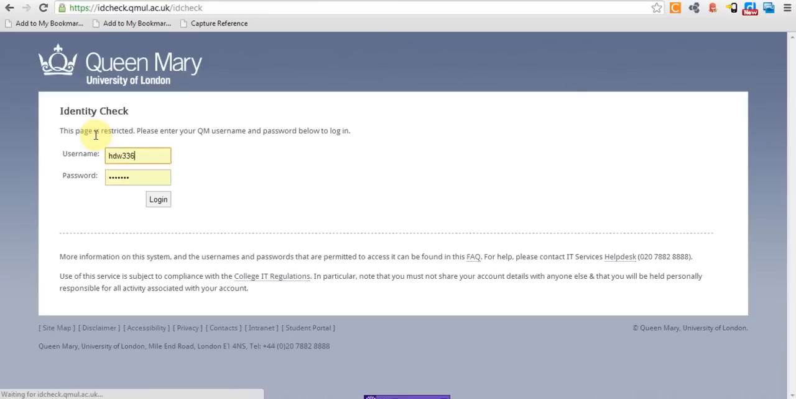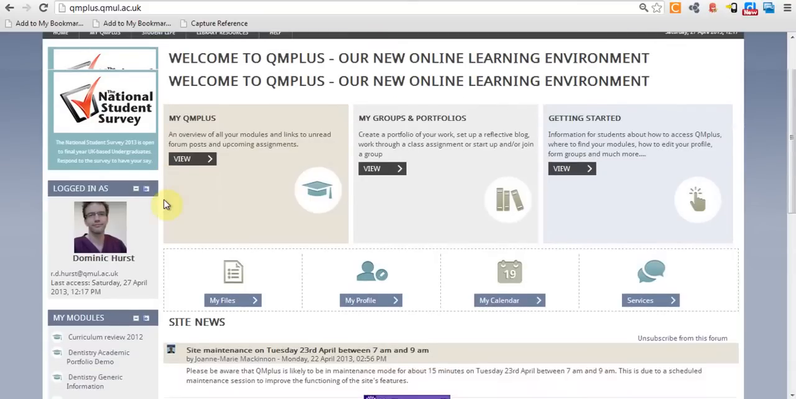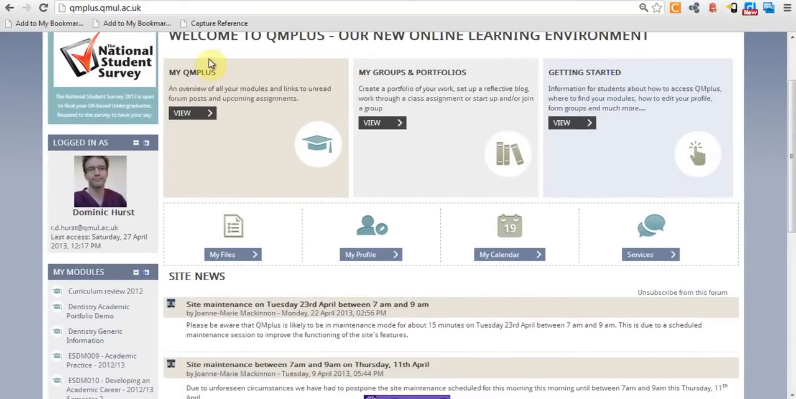Click login. There's my login details there automatically, and this will be your, I forgot what they call this term now, but it's not your actual name, I think it's the IMAP number that you use to log into computer systems. And then you just press login, and then within QMPlus there are various different features, different ways of using it,